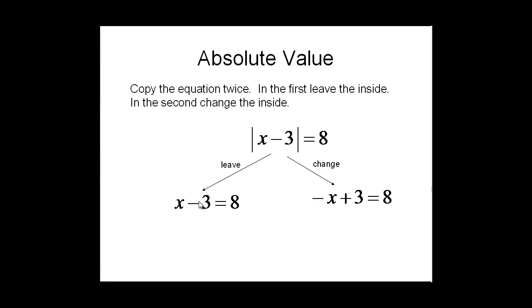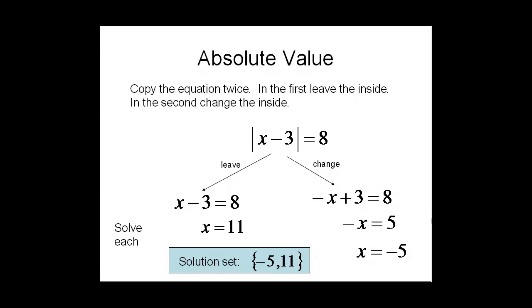So we solve this, add 3, and get x is 11. Subtract 3, and then divide by -1. Gives you -5. So those are our two solutions. x is 11 and x is -5. Now we can do the same thing